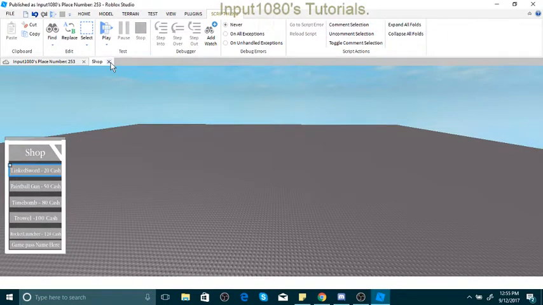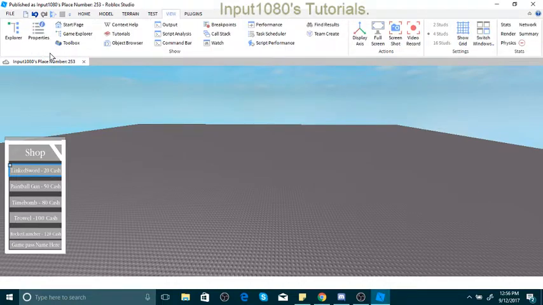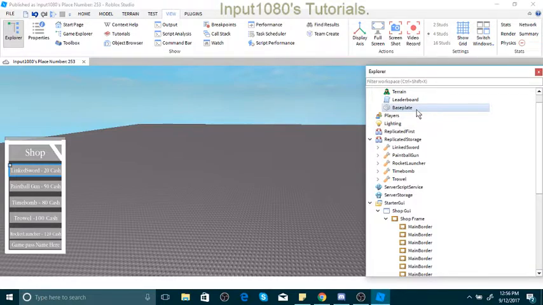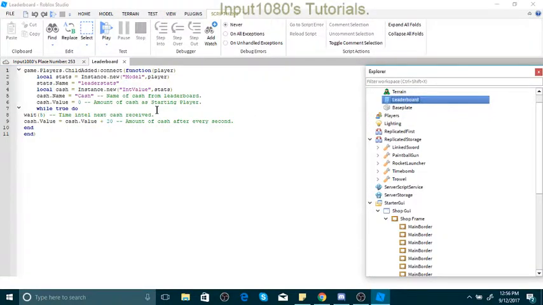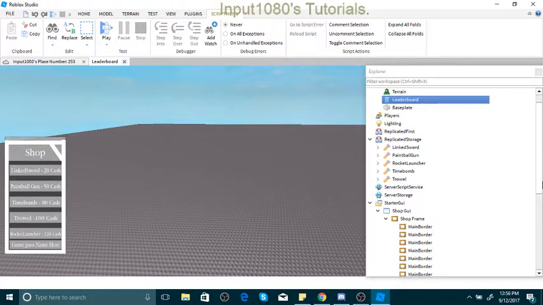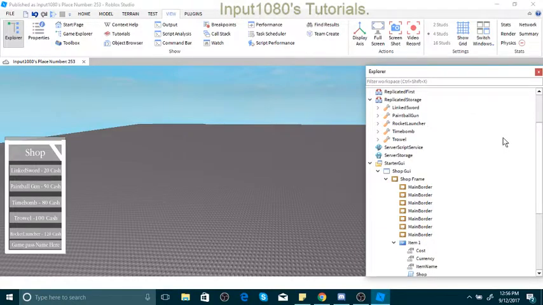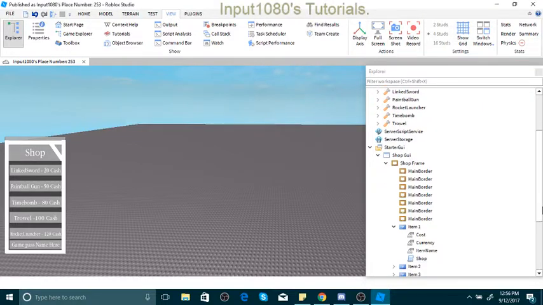So this you do not ever touch, and you do not need to unless you know what you are doing with it. I do not think you have to, because I already added some specialty to this leaderboard script, and as it says in the instructions from when you read it, you can see you have the tools here in replicated storage. Now, in replicated storage,